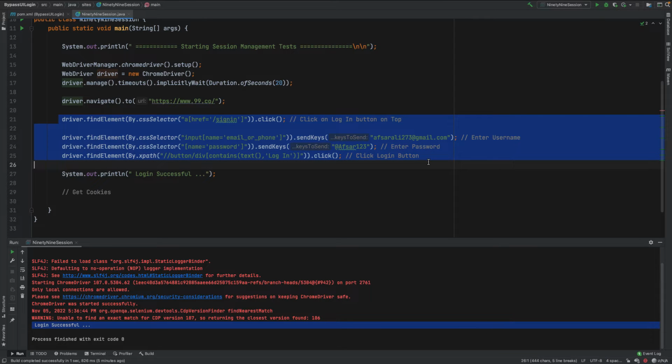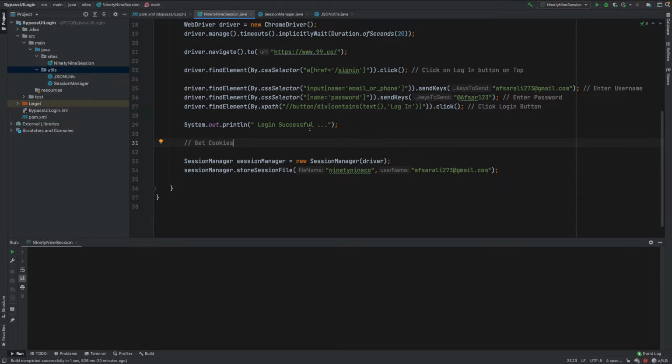We'll just comment this out, and instead we'll read those cookies from that JSON file and refresh the web page, then our login should happen. So here are the two utility files that I have created, which will get the cookies and store them into a file. The file name would be 99co.json,